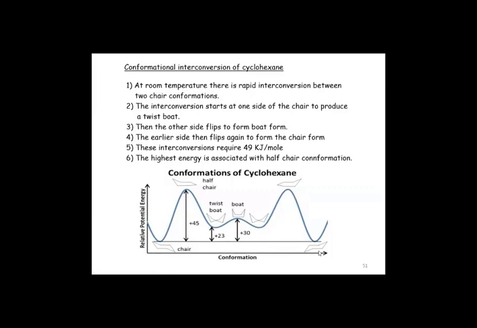These interconversions require 49 kilojoules per mole of energy. The highest energy is associated with the half chair conformation. Here we can see the highest energy is associated with the half chair conformation, making this half chair conformation least stable. So with this, we come to an end for the